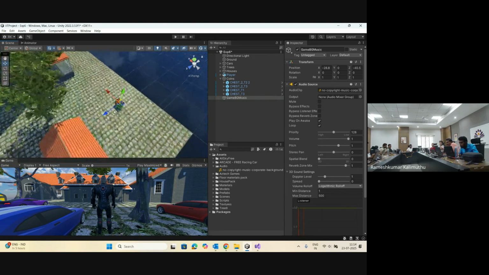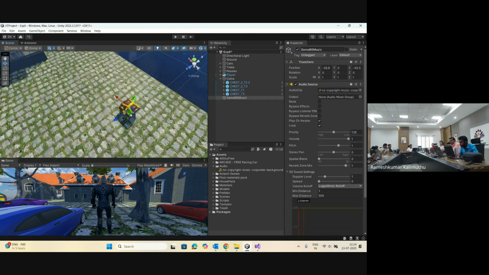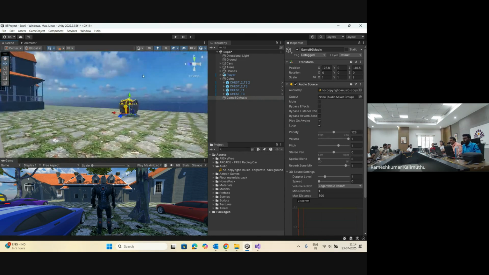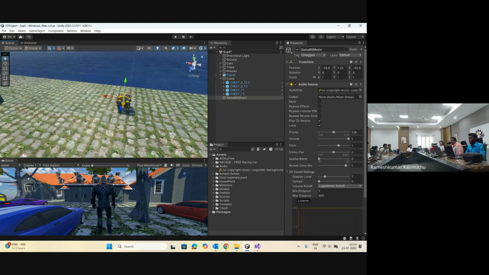When I go next to this particular treasure, then only I want to hear it. That's what I'm planning. So what I'm doing is, I have shifted my game music object next to the treasure box, and